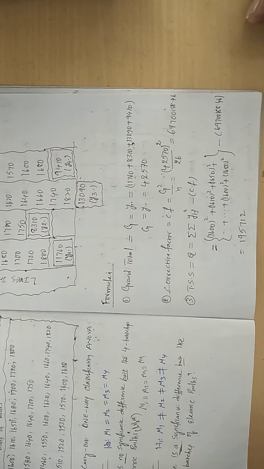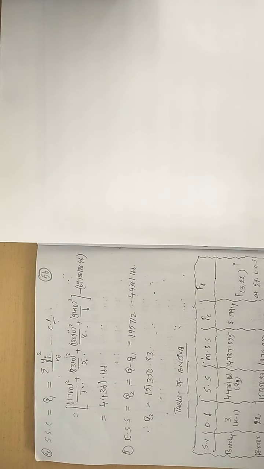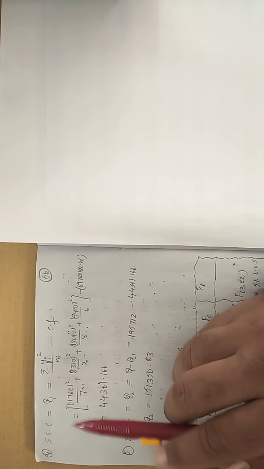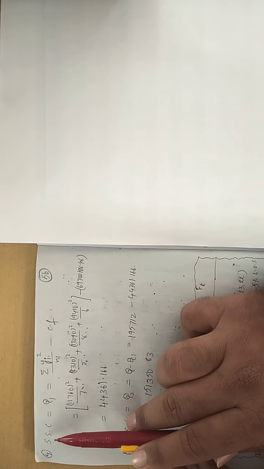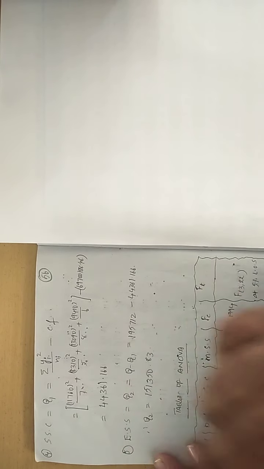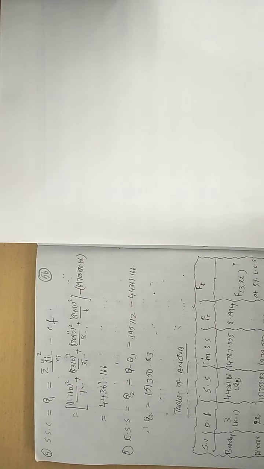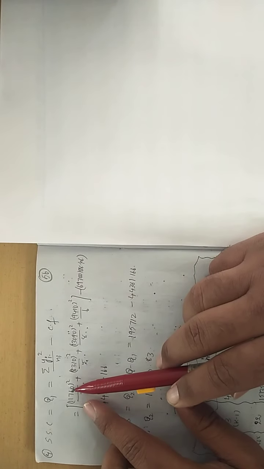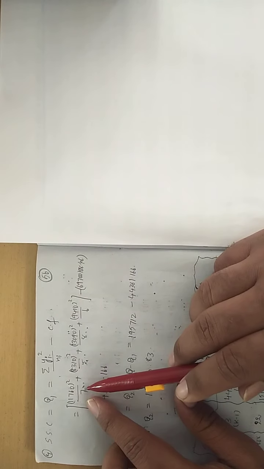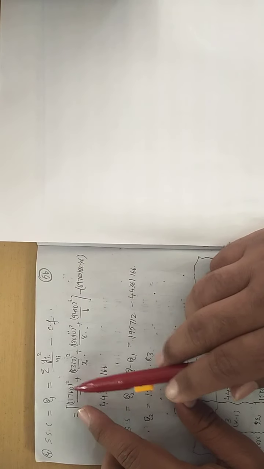Next, what you need to get? You need to get Q1 and Q2. Okay, let us see that. Now look here, this is Q1. What is the technical name for Q1? Sum of squares for columns. That means every column's elements will be squared and summed. Like that, in the first column all the elements squared and divided by the number of elements which are there in that particular column.